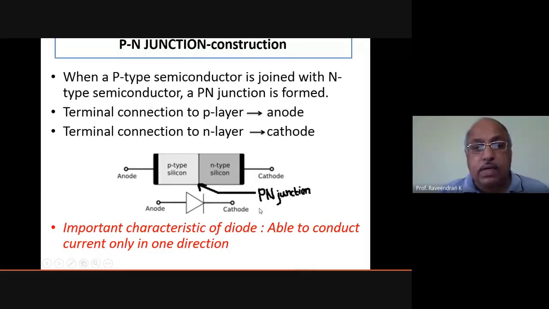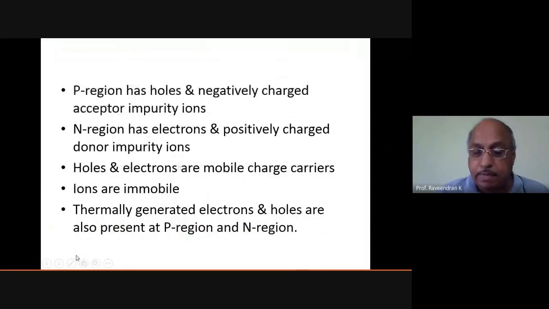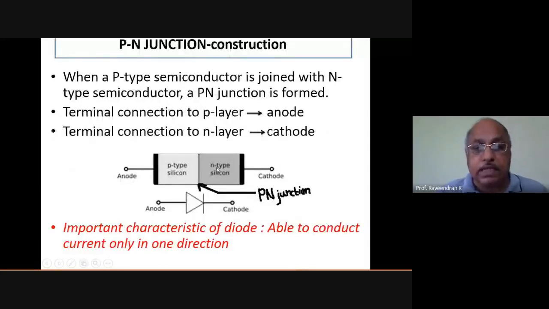So here, this particular junction is what is called the p-n junction. The junction is formed by the p-type material and n-type material. That is why it's called the p-n junction. And this p-n junction is usually represented in an electrical symbolic way. This p-n junction is actually nothing but a p-n junction diode. So such p-n junction diodes are symbolically represented with the help of a diagram like this.